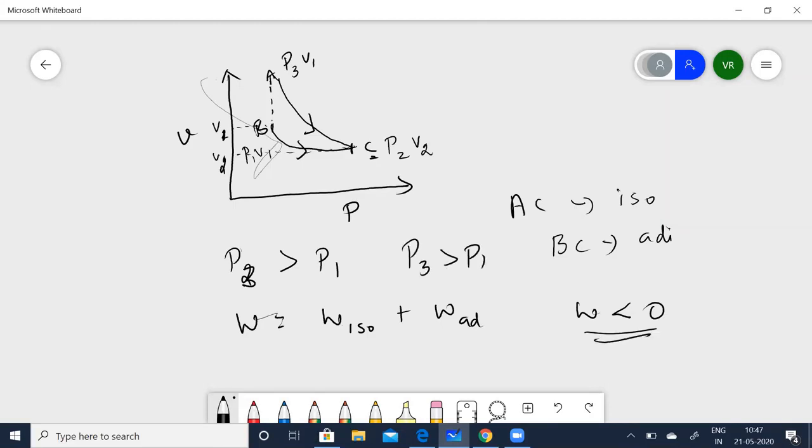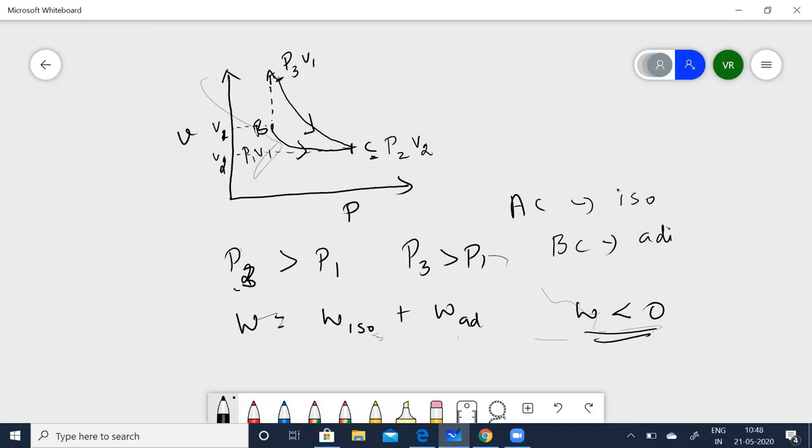Remember, here we are comparing adiabatic with that of the isothermal. So we are now considering the isothermal change here. What is now going to be the work done due to the isothermal? The work done due to the isothermal change is definitely going to be lesser than that of the adiabatic change, in magnitude. So that is why W is lesser than 0. This is going to be the adiabatic change, so we have to take it as P3, which is now going to be P3 is lesser than P1.